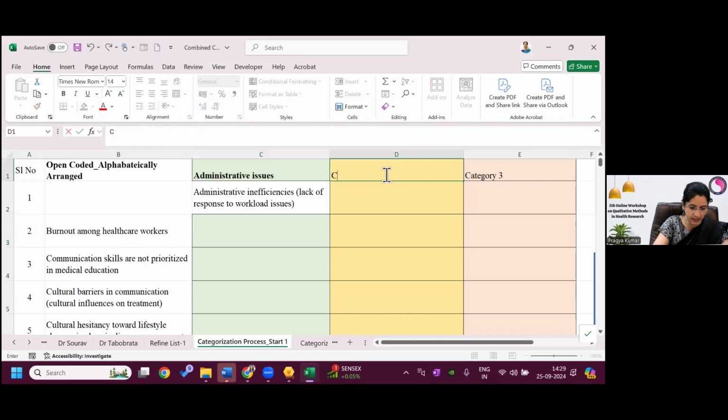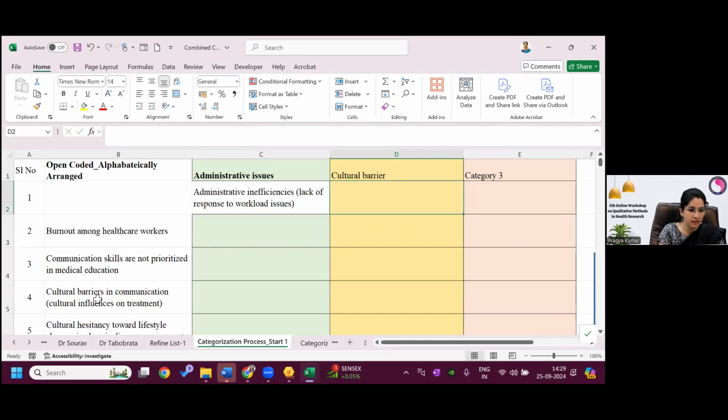So probably the second category I will make as cultural barrier.